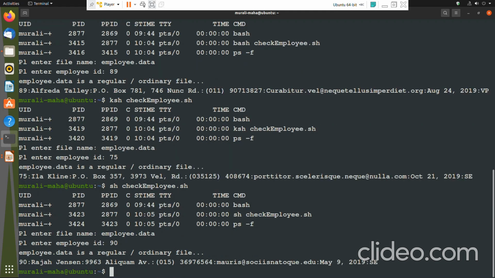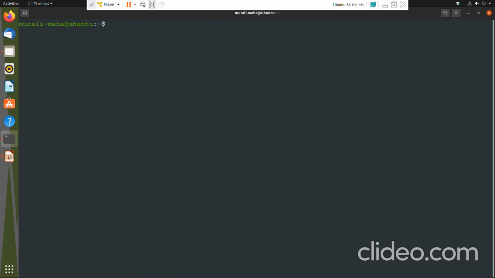Okay, so this is one way of executing the shell script, by explicitly executing with the shell process command like bash, ksh, sh. The other way of executing the shell script is by indicating either an absolute or relative path name.